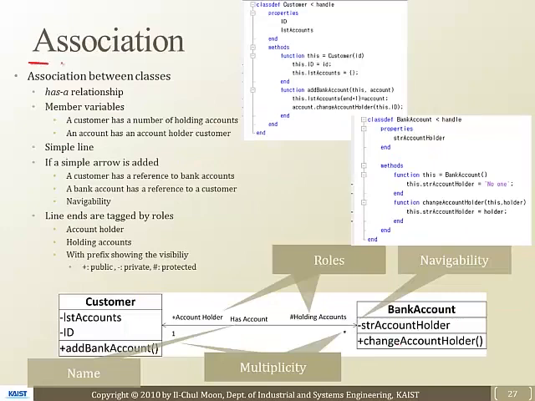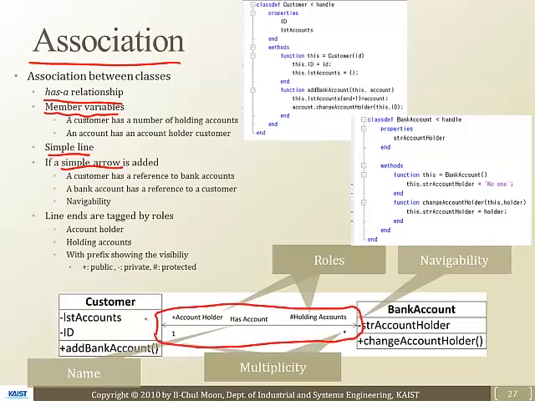And this is a new thing, the association relationship. Association relationship is also called has-a relationship. It's related to the member variables, how to design the member variables. And it's a simple line and simple arrow. Here, look at here, right? It's a simple arrow and simple line, okay? Doesn't have to be bidirectional. It can be one directional, which we are going to cover later. It's called navigability. So if there is an arrow, it's navigable, right?